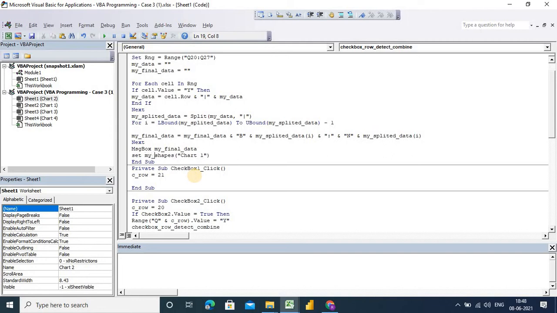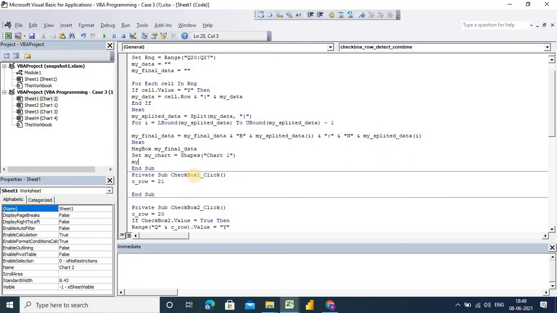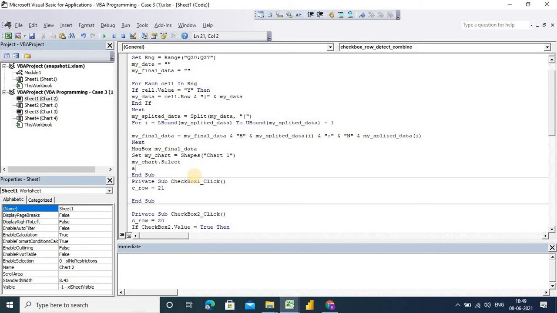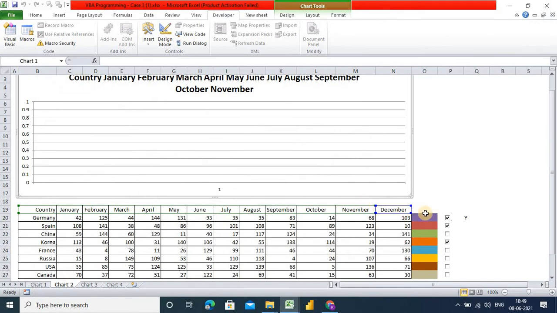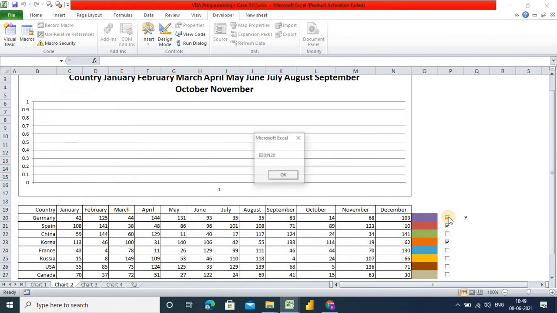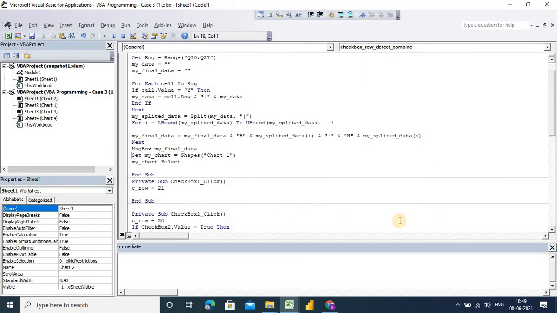I am writing here my chart, save chart one. My chart dot select. So now whenever I click on this button, you can see my chart is not selected, but whenever I click the button, it shows me the message and my chart is automatically selected.